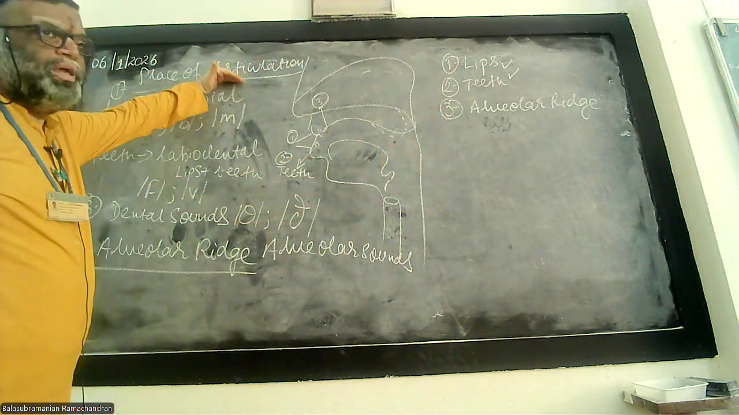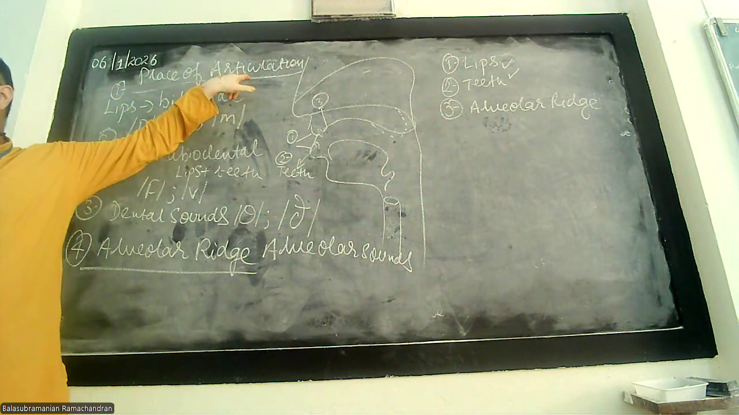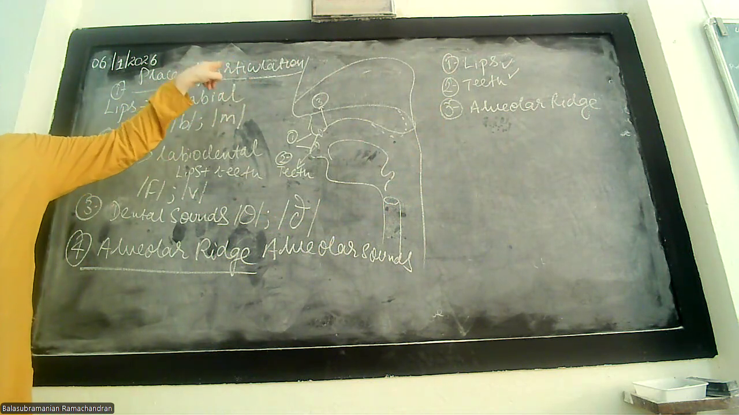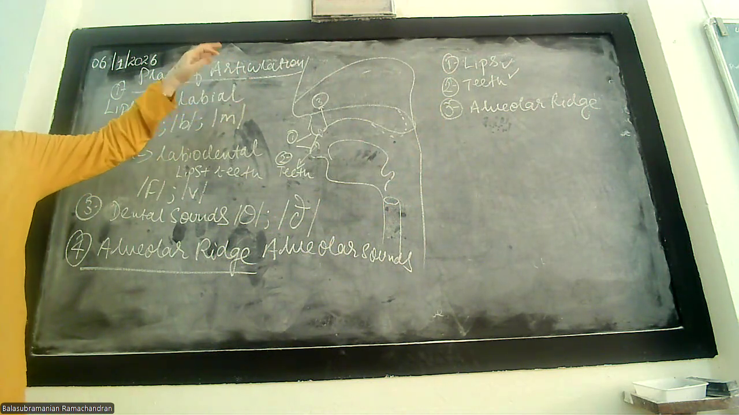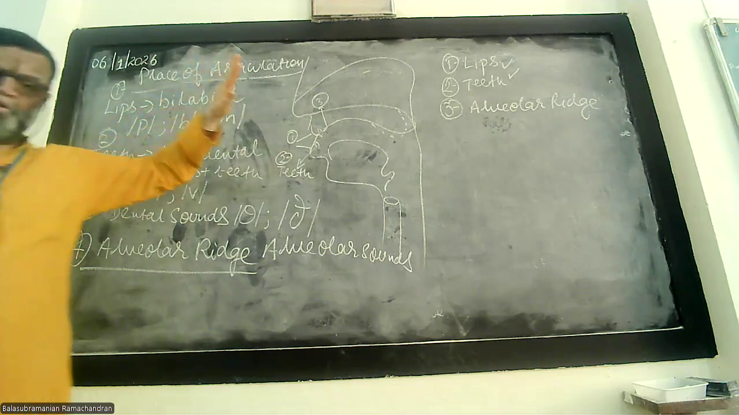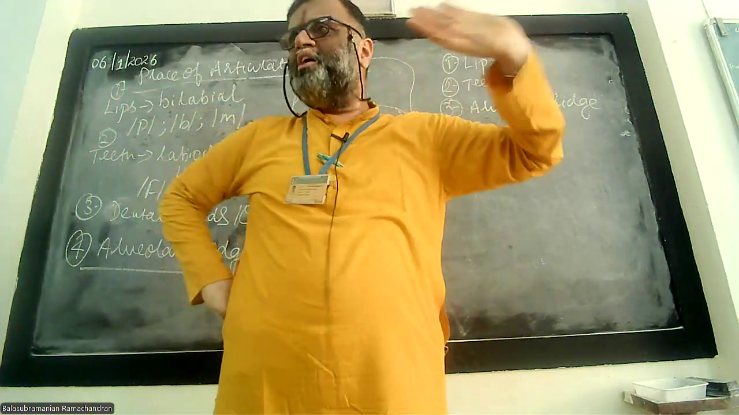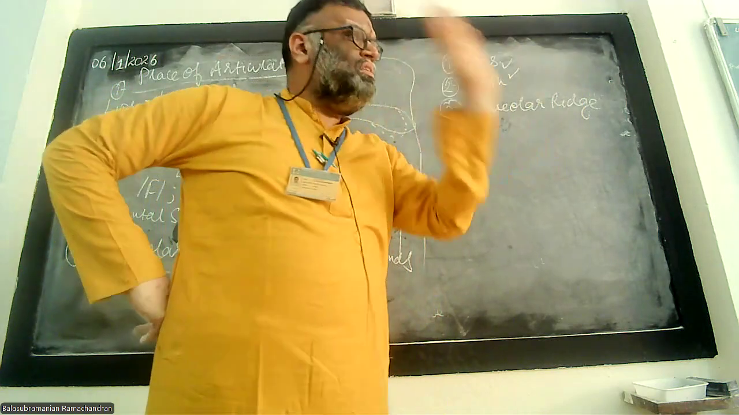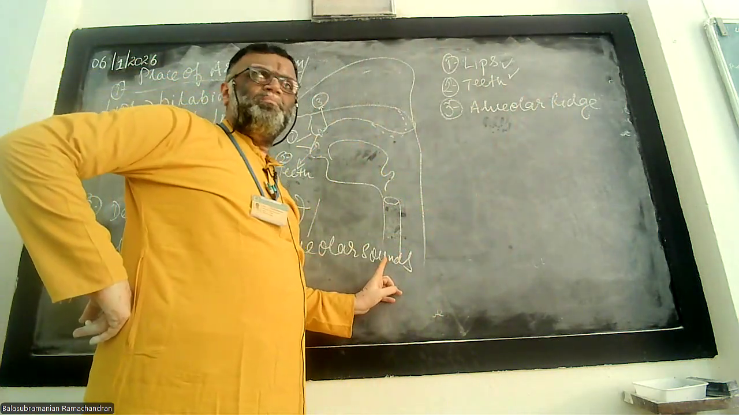We are just looking at the place of articulation. Articulation means production, pronunciation. The sound is produced at this place. Okay, the place of articulation is this, and for all this the air comes from the